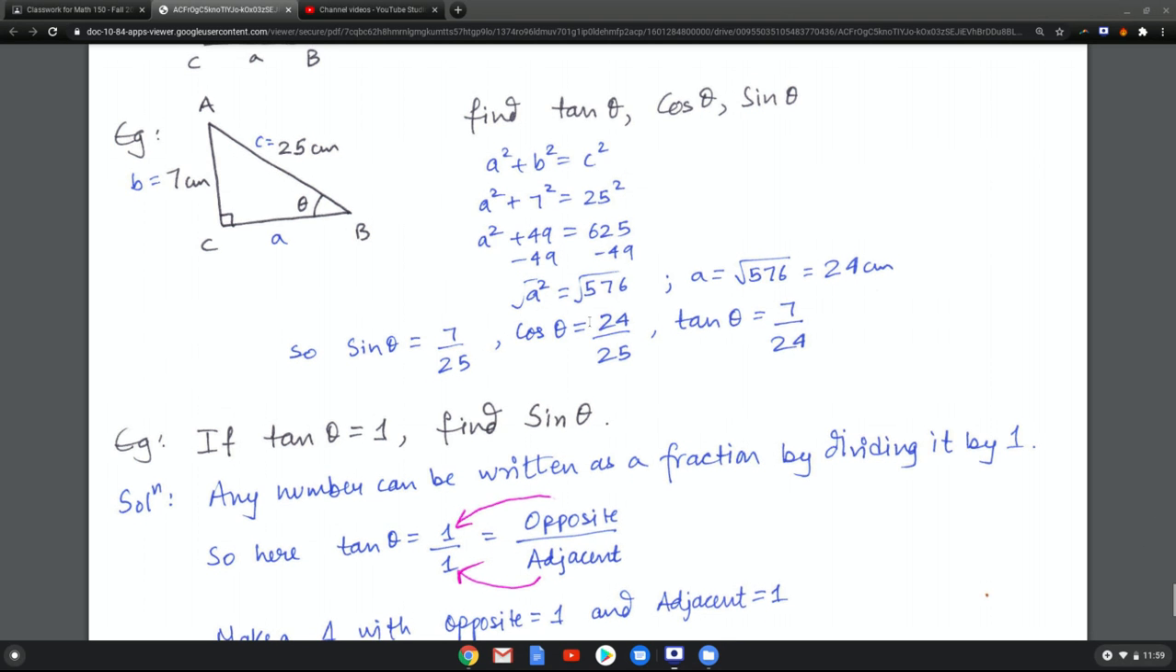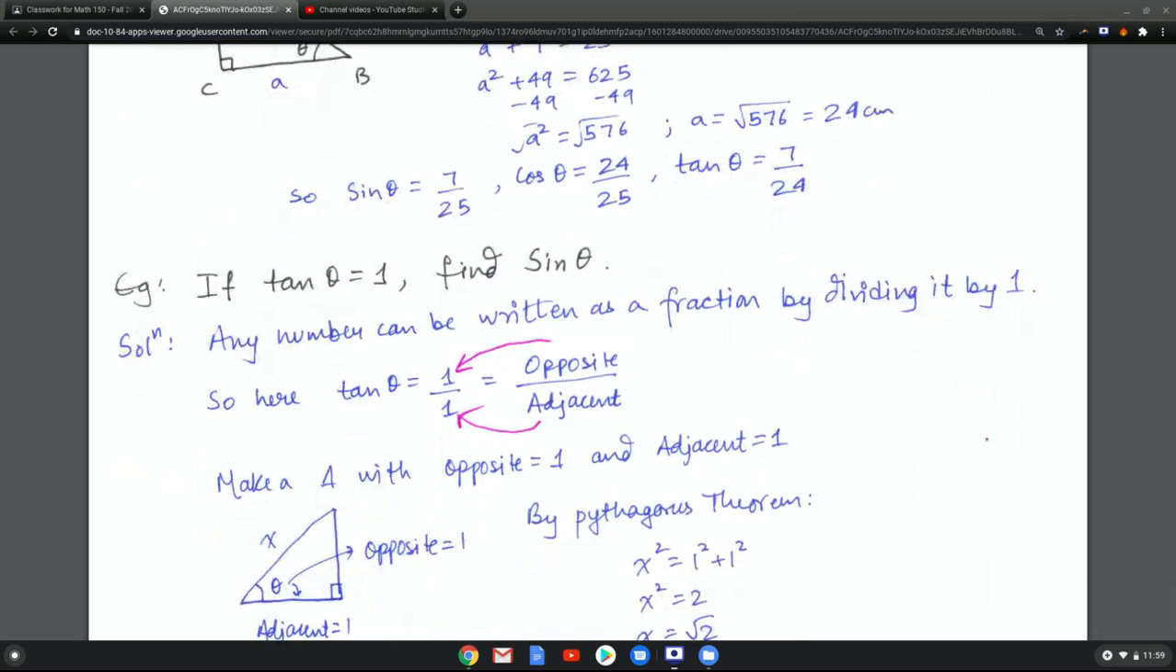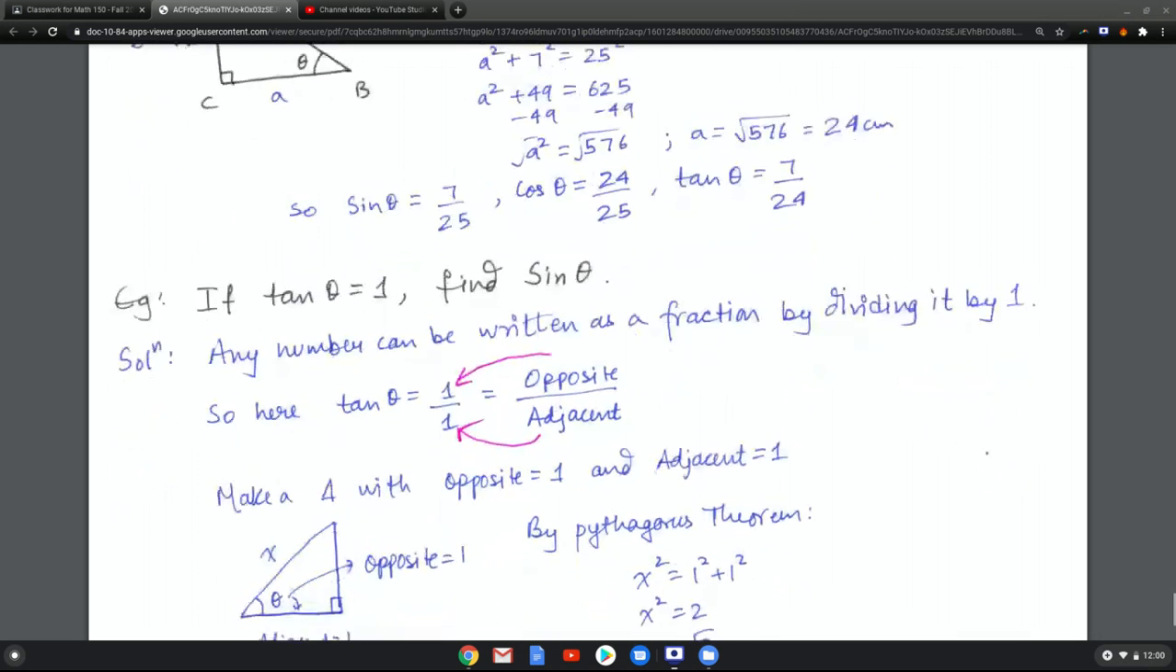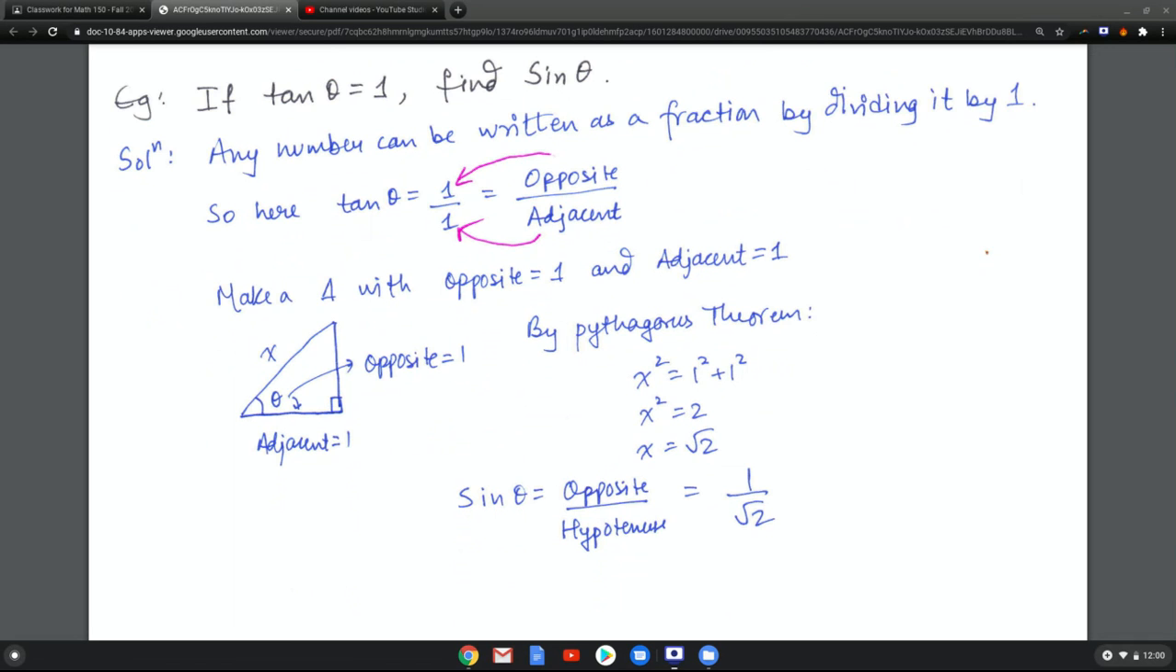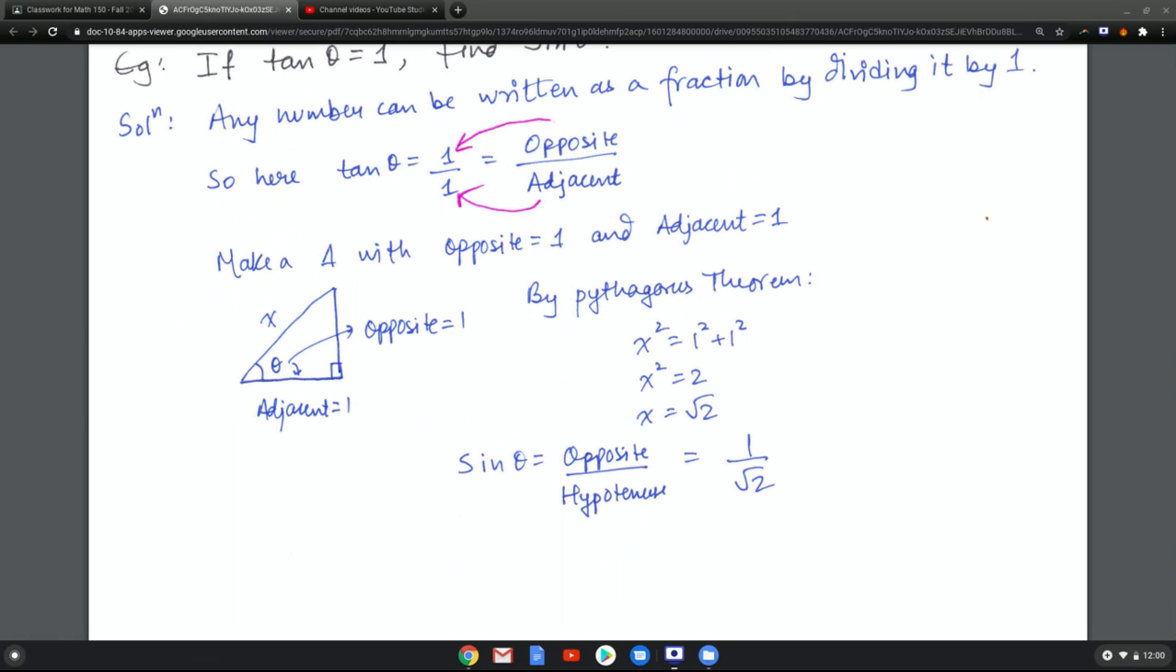Another type of problem is if you are given one of the ratios, you may be asked to find the other. For example, tangent theta is 1, find sine theta. Now, any number can be written as a fraction just by dividing it by 1. So here I can write tangent theta as 1 divided by 1. But I also know that the definition of tangent is opposite over adjacent. So we make a triangle with the opposite being 1 and the adjacent also being 1. We can find the hypotenuse using the Pythagoras theorem as x squared equals 1 squared plus 1 squared, giving me x is square root of 2. So sine theta, which is opposite over hypotenuse, becomes 1 over square root of